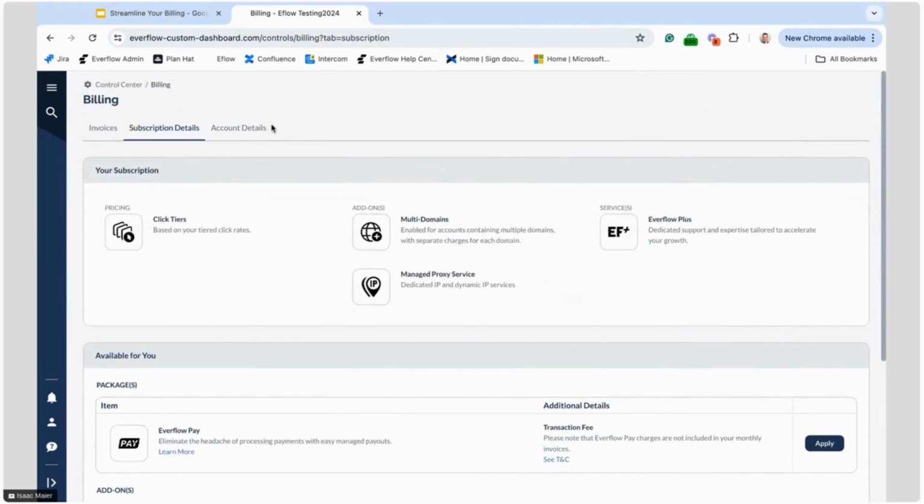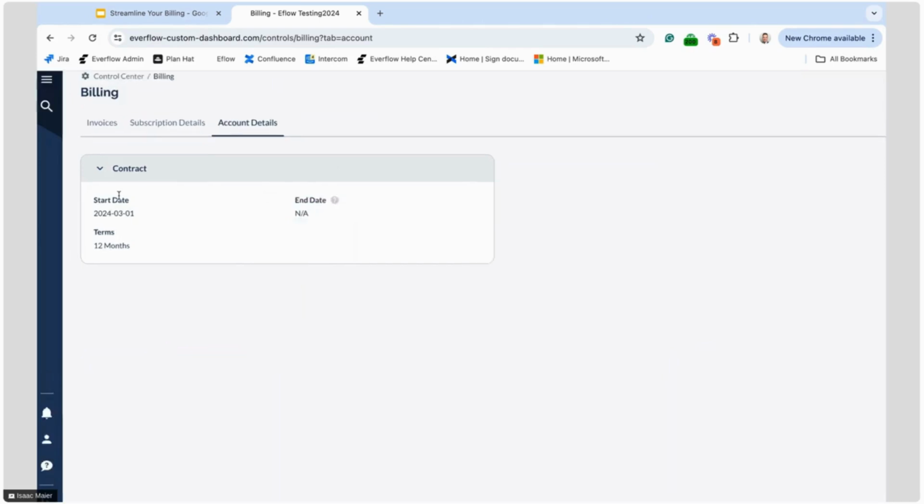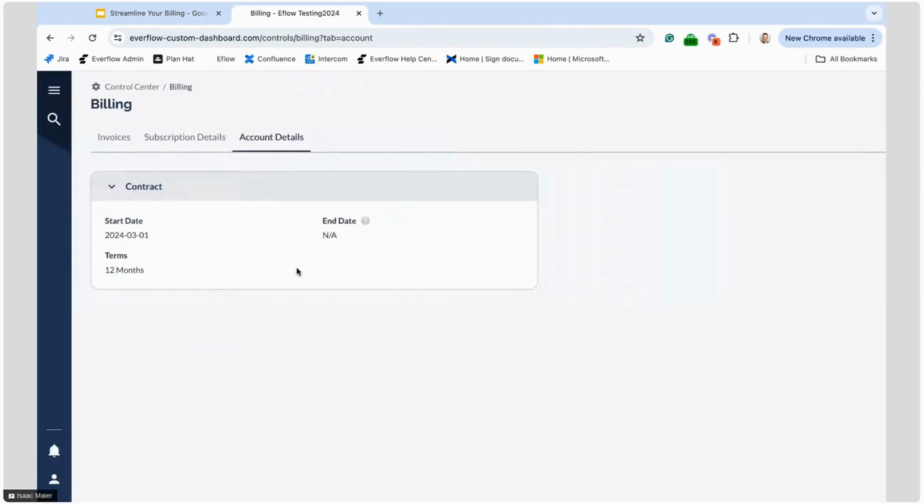Let's talk about the account details tab. So in this tab, you will find the start date of your contract with Everflow. Let me just zoom in so you can see that. You'll see the end date of that particular contract. So this is the end date of the agreed upon subscription rate. The terms of your contract, so whether it was signed for a whole year or if you're just paying month to month. Essentially, you can see all of the account details right there. So now let's talk a little bit about